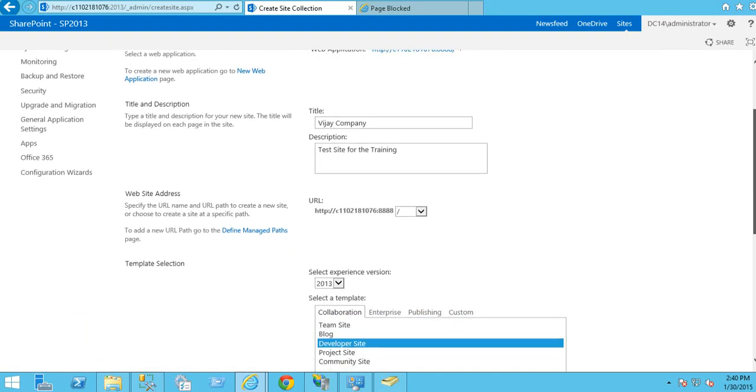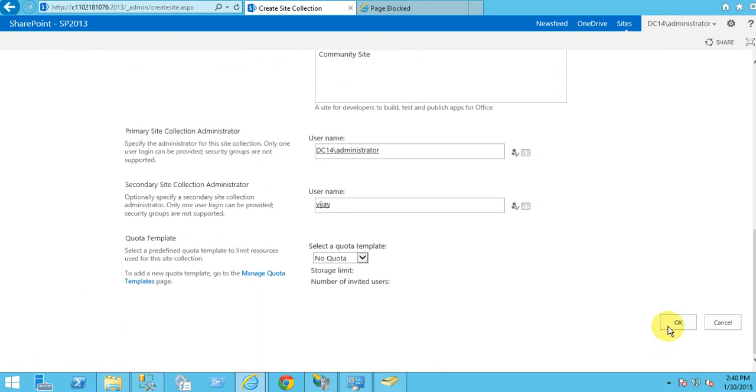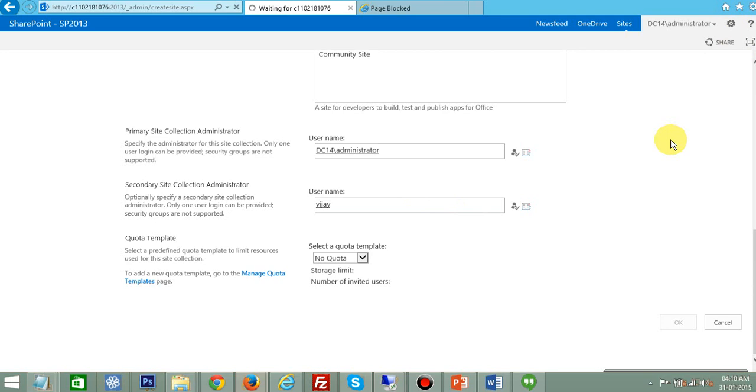Okay, just check it out. All the information is given. Okay, right? Click on OK. Now it will create an application, that means a site collection. It will take some time. In between,